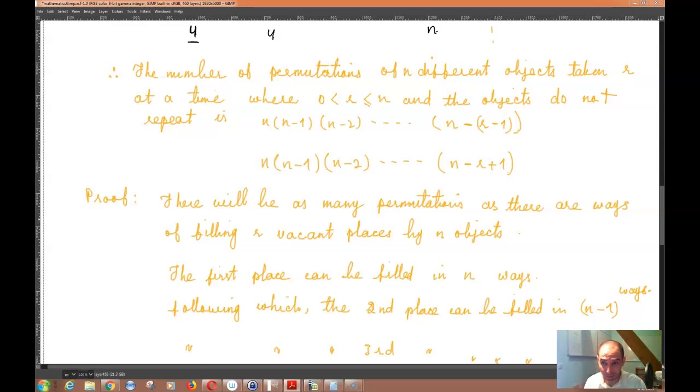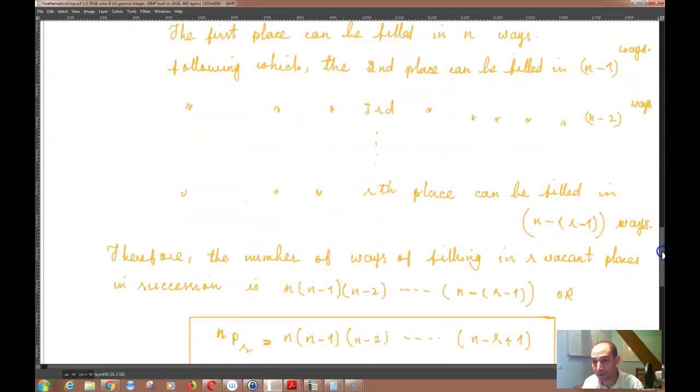Now let's learn a couple of things about the factorial notation so that we can simplify this. The notation n factorial, read as n factorial,